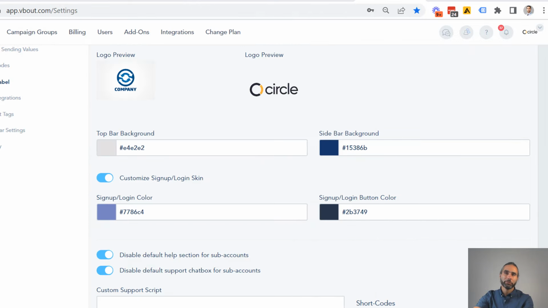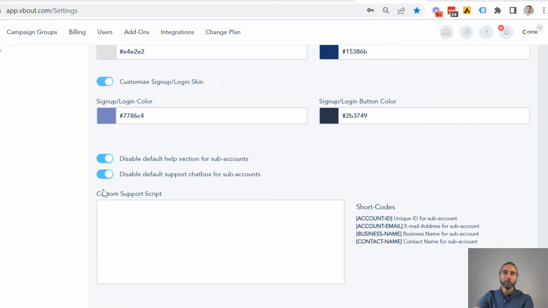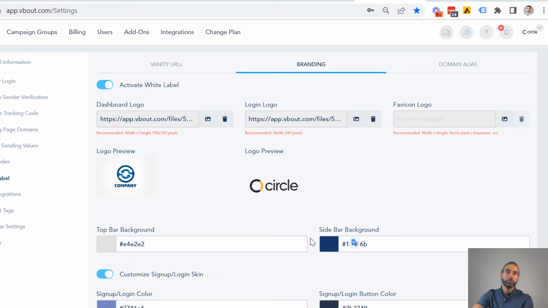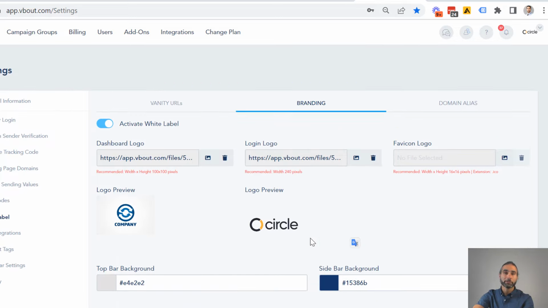If you want to disable that for your customers so there are no mentions of Vbout, you can also shut this down. We give you a space where you can install your own chat script and pass along some variables, because if you are familiar with chat support bots, usually they capture the persons who are logging in via variables. So we let you customize it, and it's available right here. So these are the 3 levels, or the 3 different ways you can white label the system with Vbout in just a few minutes. Thank you.